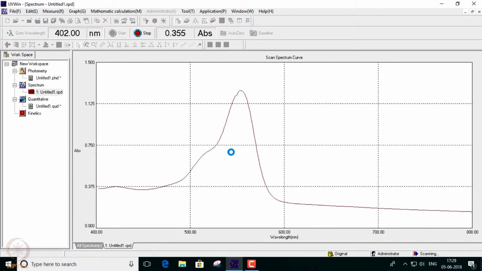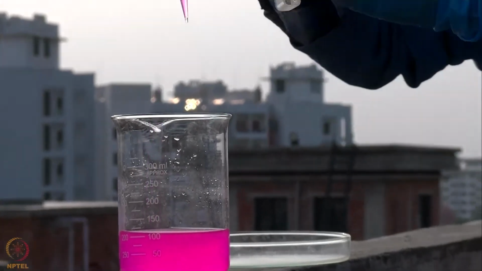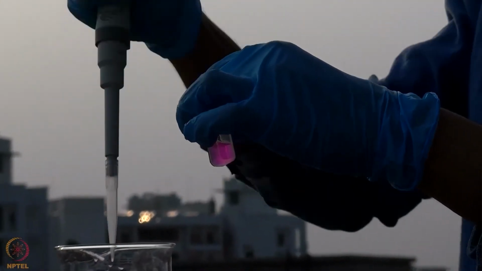So now our scanning is complete and we get a UV visible spectrum like this. This spectrum corresponds to the absorption of the solution at time t equal to 0. Now the parts which we split into two parts for dark and sunlight, we will measure the absorbance of these two solutions at regular intervals. Those absorbances will correspond to the absorbance at certain time, say t equal to t, and we will withdraw the sample from this solution after certain